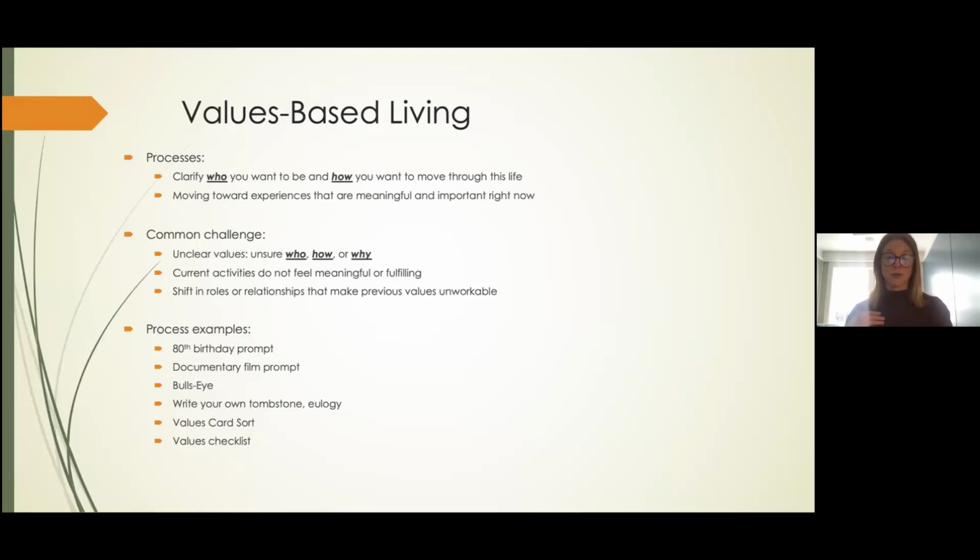I might say, like, it seems like what you're doing and how you're spending your time isn't feeling very meaningful to you. Or I'd like to learn about what matters to you. Would you be open to doing an exercise? And that's really the only kind of preparation that I do. I think that's important so that people really get the full experience. And then afterwards, we can break it down and debrief.